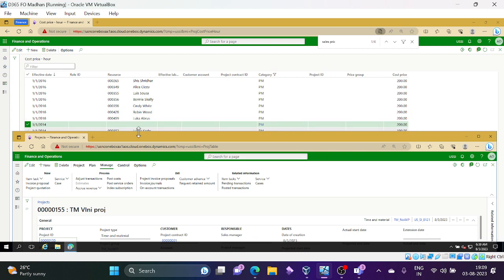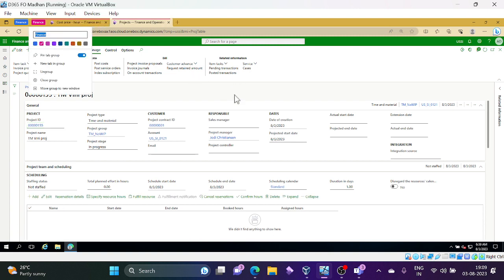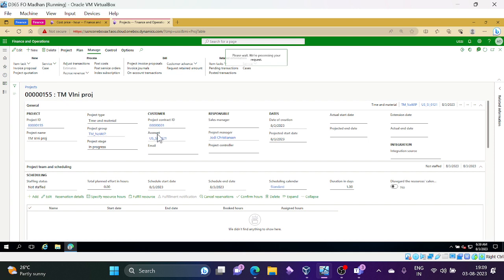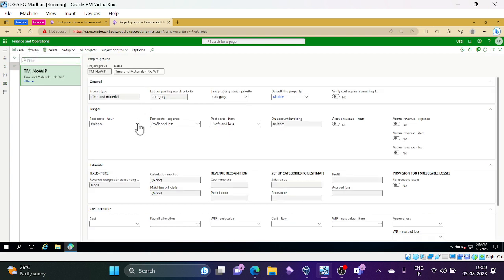So project group is TM no WIP. So I'll make one more correction at the project group level. It is balanced, right? Now I'll change it to penal account,